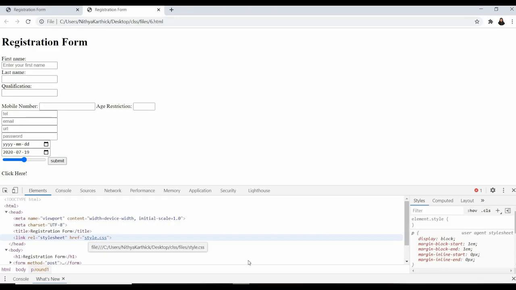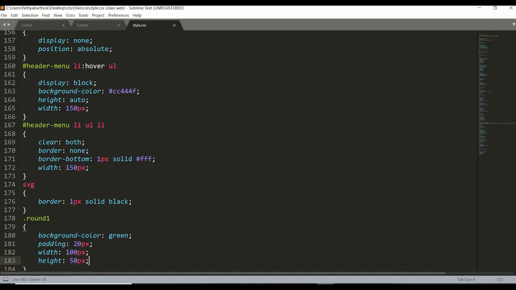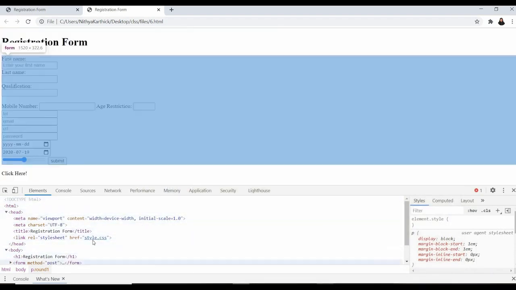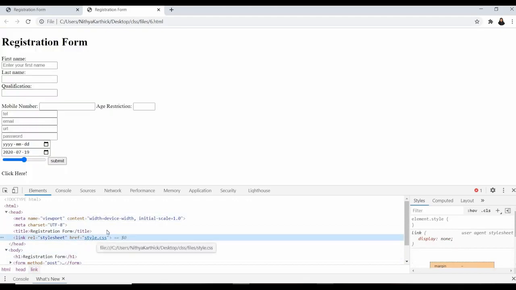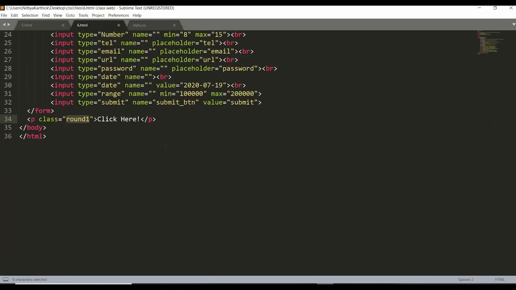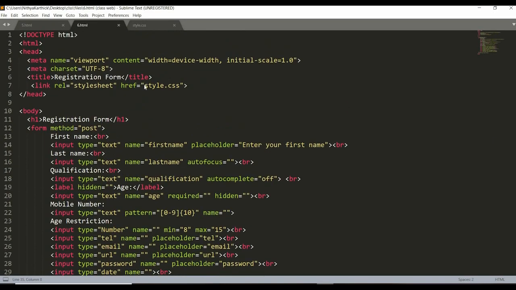Can you find the issue why this style sheet was not linked with the page? This style sheet was not linked, so that's why we didn't get anything. The reason is the style is inside the CSS folder.